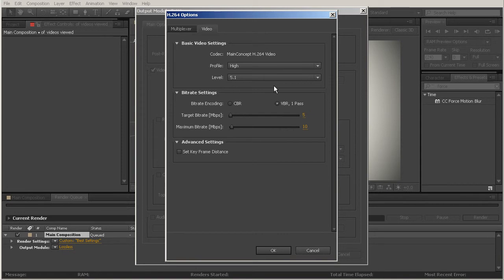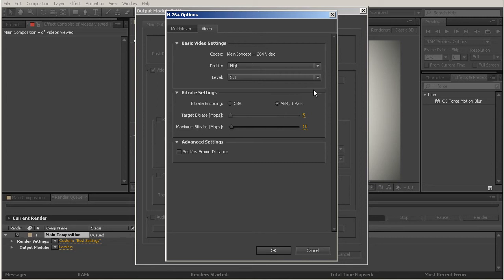So if you have some sort of information that needs to be captured that's at a higher rate or lower rate than what you have, it's not going to change at all to capture that. And that's probably one of the lower complexity kinds of bit rate encoding that you can use. The variable bit rate encoding is going to take a little bit longer to render out, but you're going to